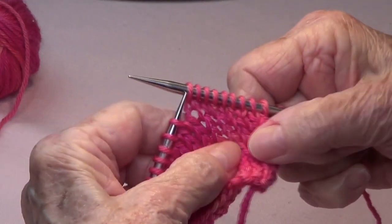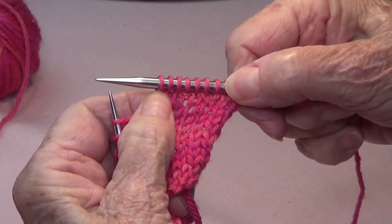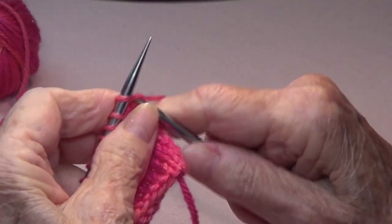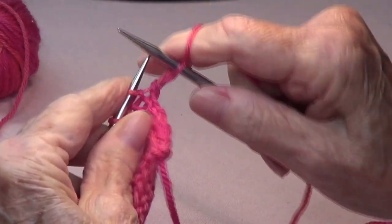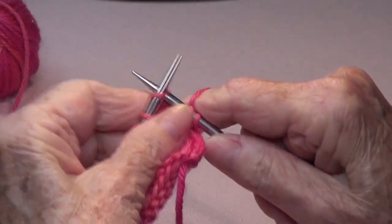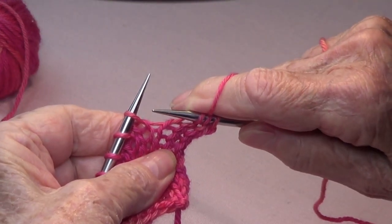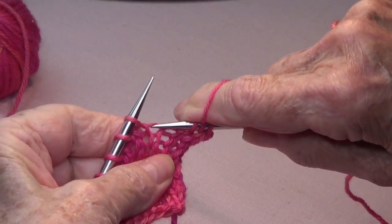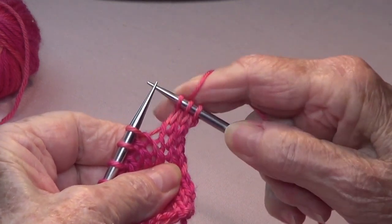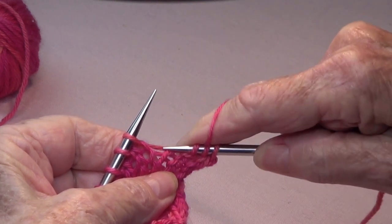So this is like a left leaning half stitch, and it goes to the left. This is what you're going to do. So let's knit 2 or 3 here. Okay, so let's say make 1 here. So you're going to take that strand that connects your left stitch with your right stitch, that one there, and